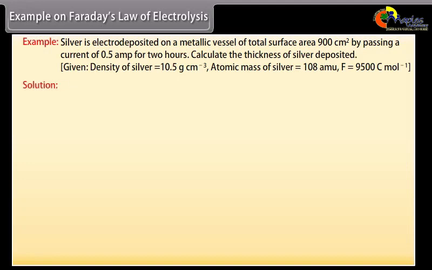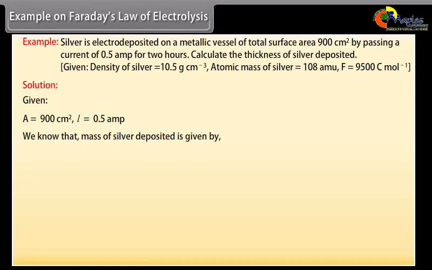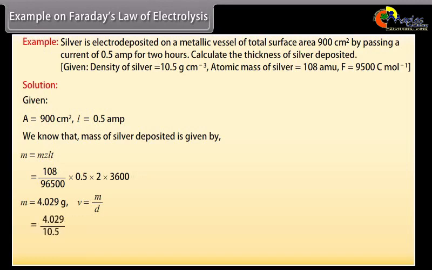Let's see the solution. Here the given values are A is equal to 900 cm², I is equal to 0.5 ampere. We know that the mass of silver deposited is given by M is equal to ZIT. By putting the values, we get M is equal to 4.029 gram. We know that V is equal to M upon D. By putting the values, we get V is equal to